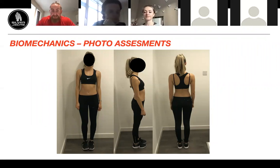Sometimes it is just nerves. So obviously the anterior pelvic tilt's really obvious there, and you can sort of see it's almost like her stomach's bloated out. It's just because her hips are tilted so far forward and her abs are very underused and inactive. They're not lifting her hips up from the front, and her glutes, as you can see there,